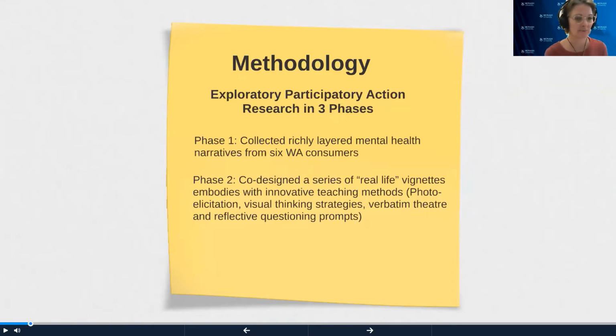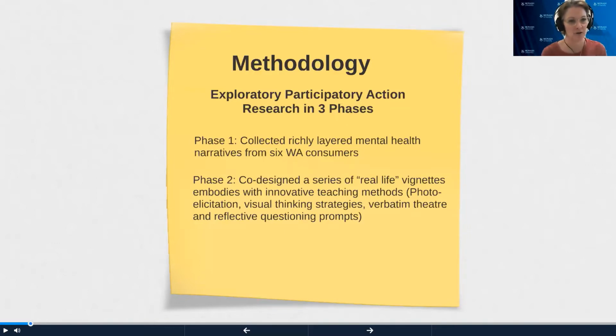So we have been experimenting over the last decade around photo elicitation techniques. I'll show you a little bit about how we use visual thinking strategies. Verbatim theatre is a really powerful way for health professionals, learners, to actually use the same words as the consumer, so they actually feel that experience, and then the reflective questioning prompts. And during this time we're co-designing, we're really focusing on those